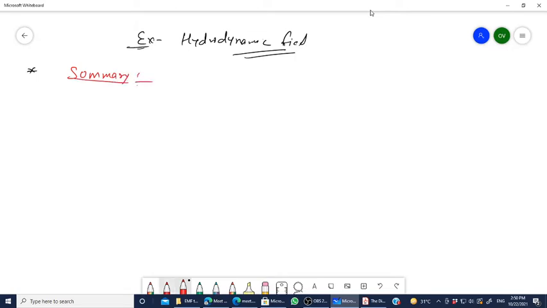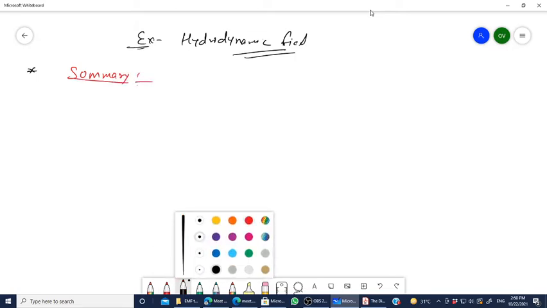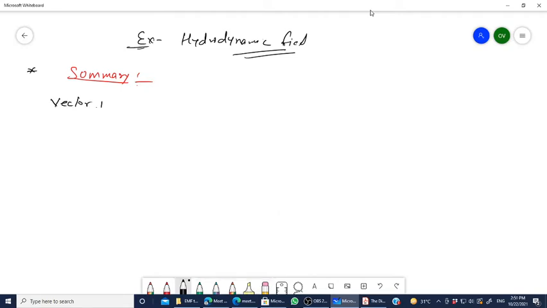The first is the vector identities. What we have learned till now, you should always remember this. So I am writing: the curl of the gradient of a scalar function is equal to 0. Because why? Because the gradient is nothing but a vector field, and the curl of the vector field is 0. It means the curl of the gradient of a scalar field is 0. Yes or no?